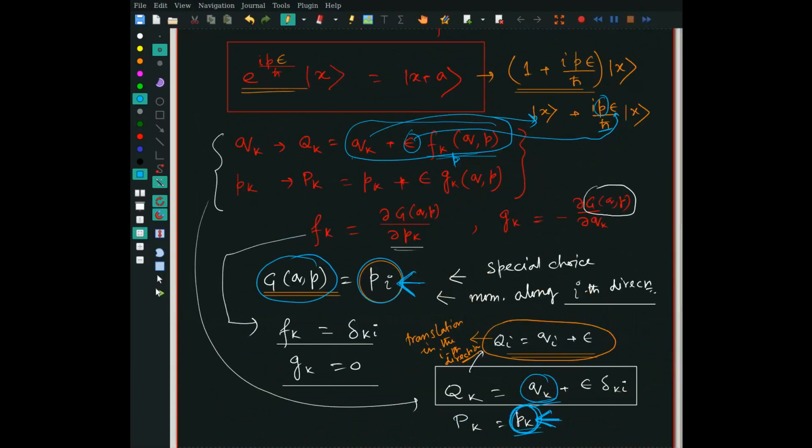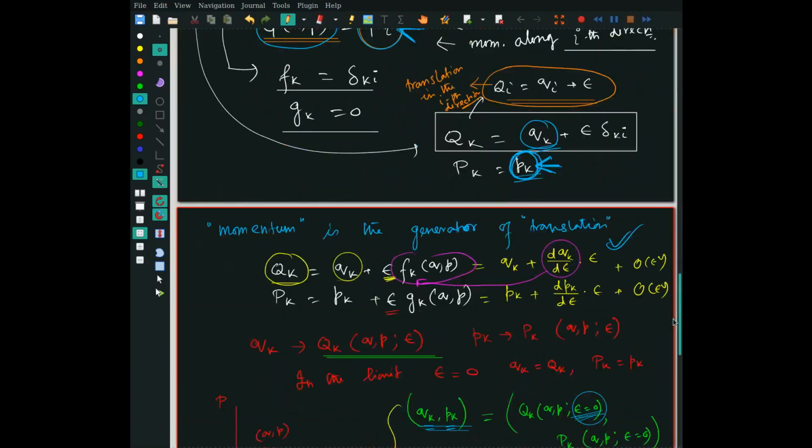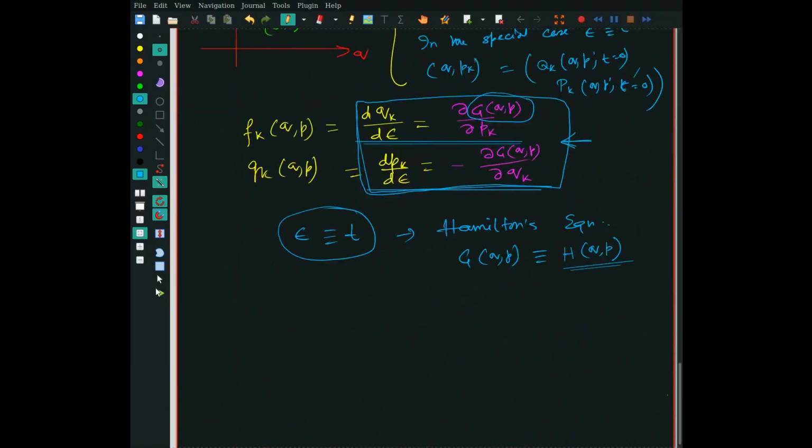So your canonical transformation became the translation along the ith direction, or the space translation, the space evolution of that thing. So if you identify your generator with a linear momentum or any kind of momentum, you get translation in a certain sense. And if you identify the epsilon with time, then you get